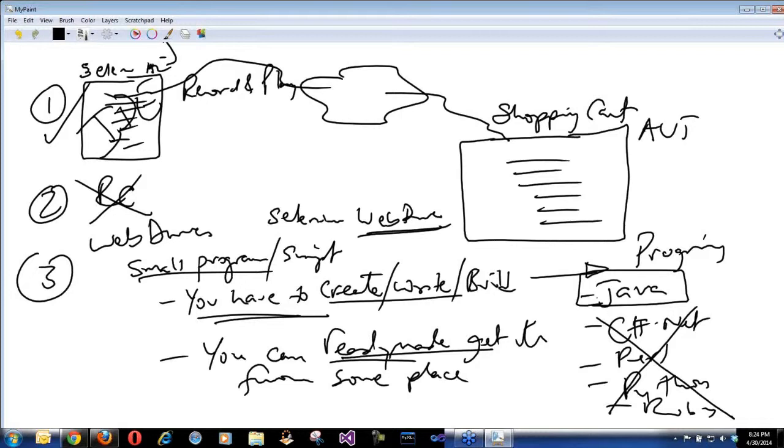Very simple, straightforward, easy way of learning Java. I will give you everything, whatever is needed, and you will be able to do it. So today, I'm going to be focusing on how to create that ready-made script, right? How to create that. In order to get that script ready-made, so that you don't really have